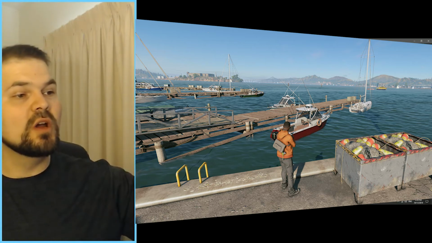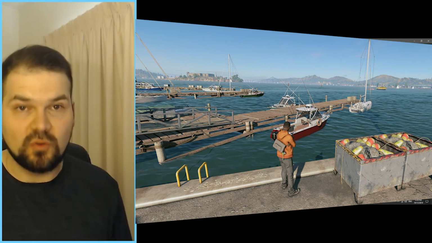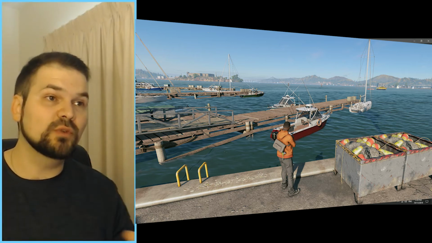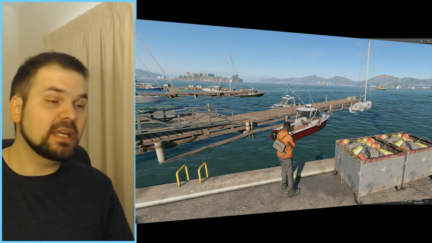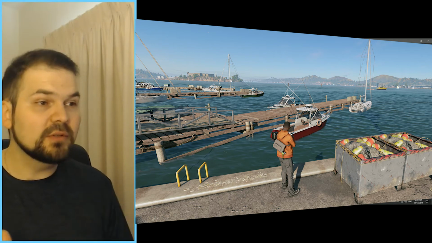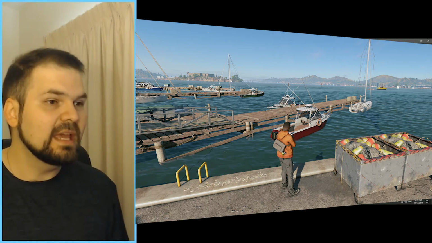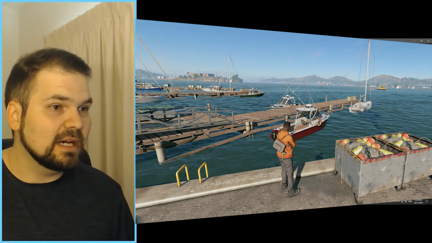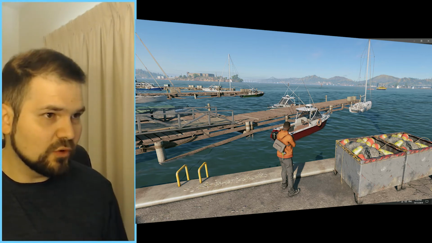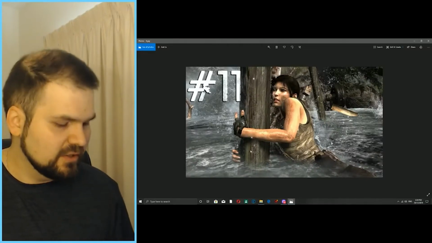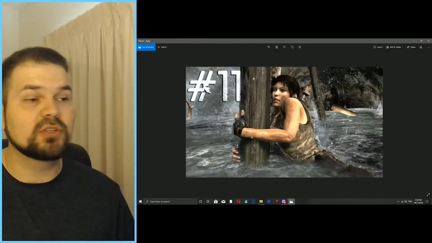They're actual moving waves. You jump into the water and you get splashes and actual ripples. If a boat goes by, they create their own waves. So it's beautiful, it's interactive, it's highly detailed, and it stands out more because if we go back here, right, you have this very close-up shot of Lara